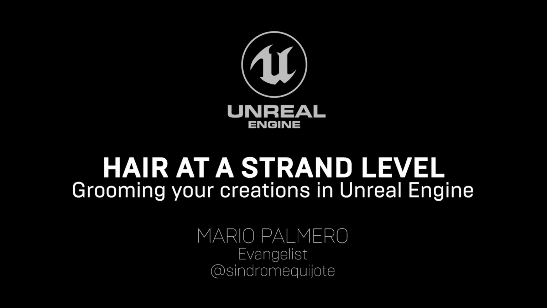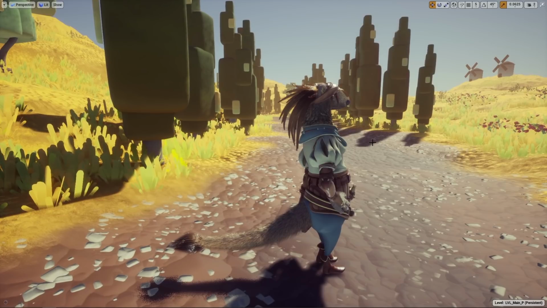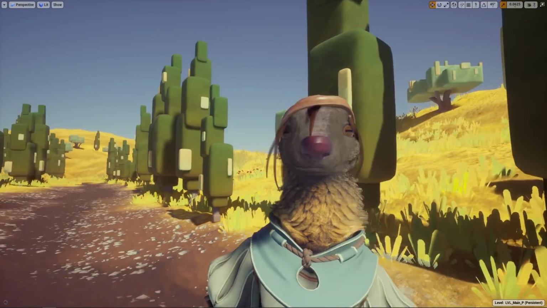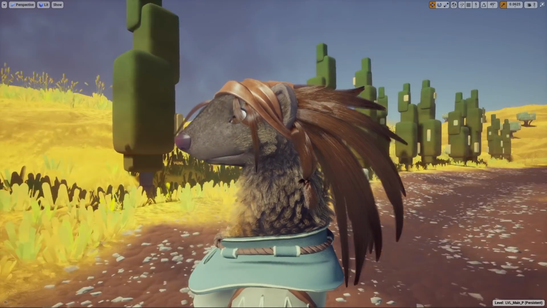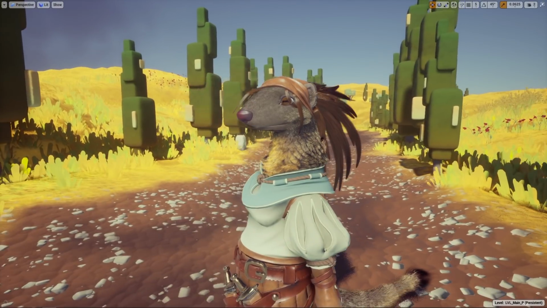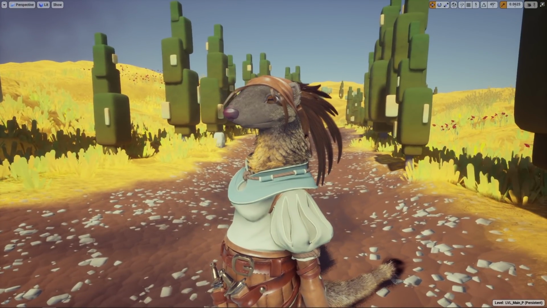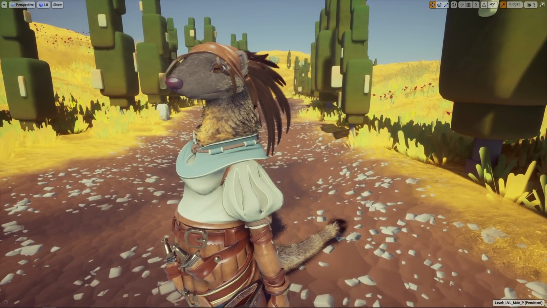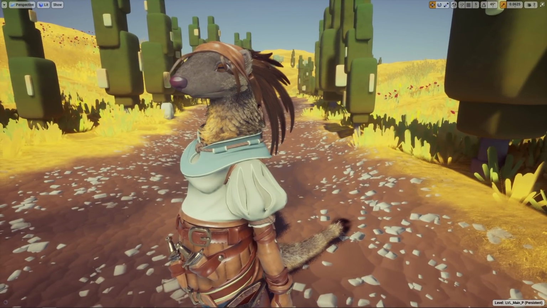Instead of using the traditional cards approach that we have been using in the video games industry for many years, this new system renders physically based strands in real time. So, what you are looking at are thousands and thousands of hair strands being rendered in real time. This, of course, is a huge step to close the gap between real time and film quality for applications, tools, or games.